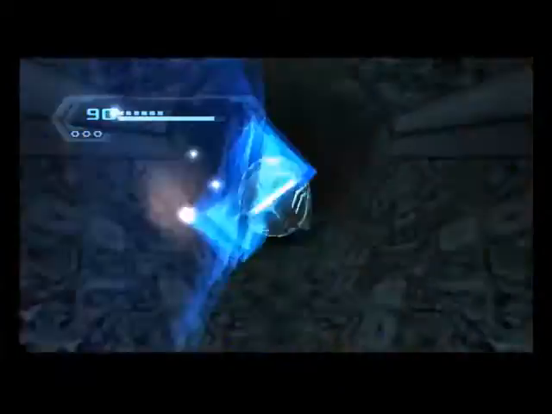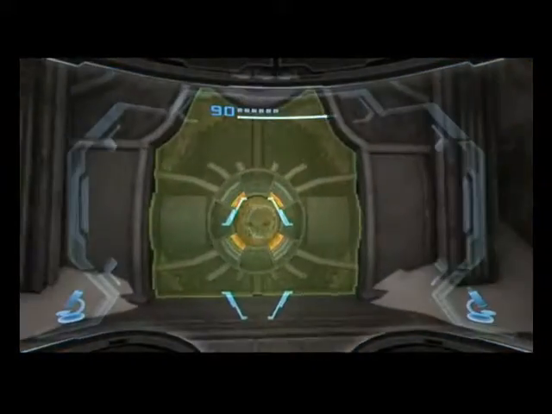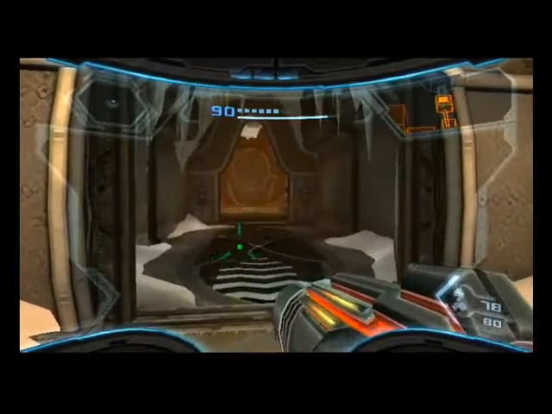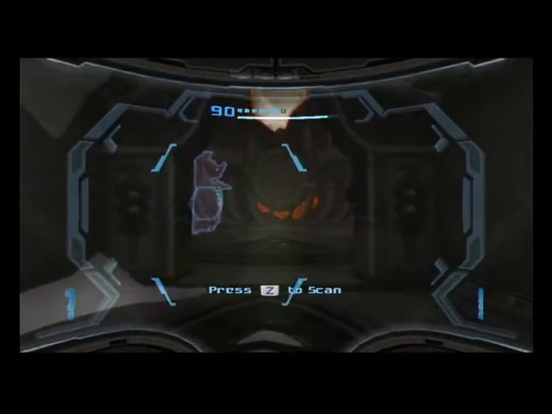Transform into a morph ball and roll through here. There's also a plasma beam door on the other side, so in case you didn't scan the one we did earlier, this will be the one you probably will see if you're not necessarily going after all the power-ups. Now in this room right here,